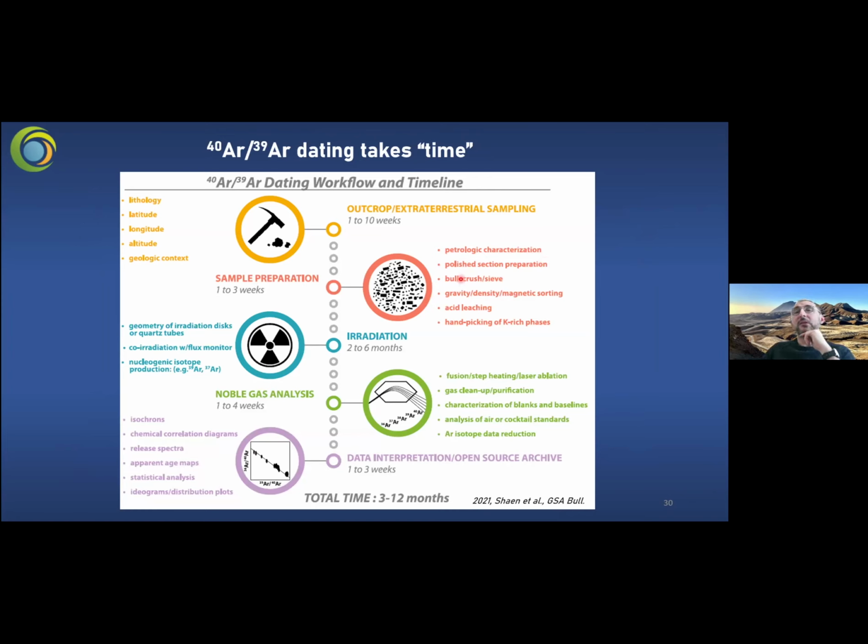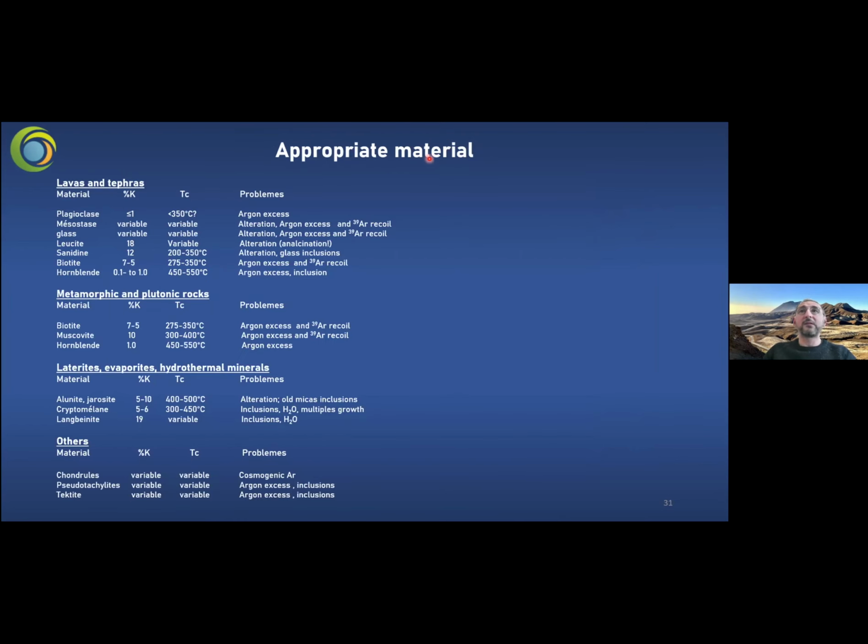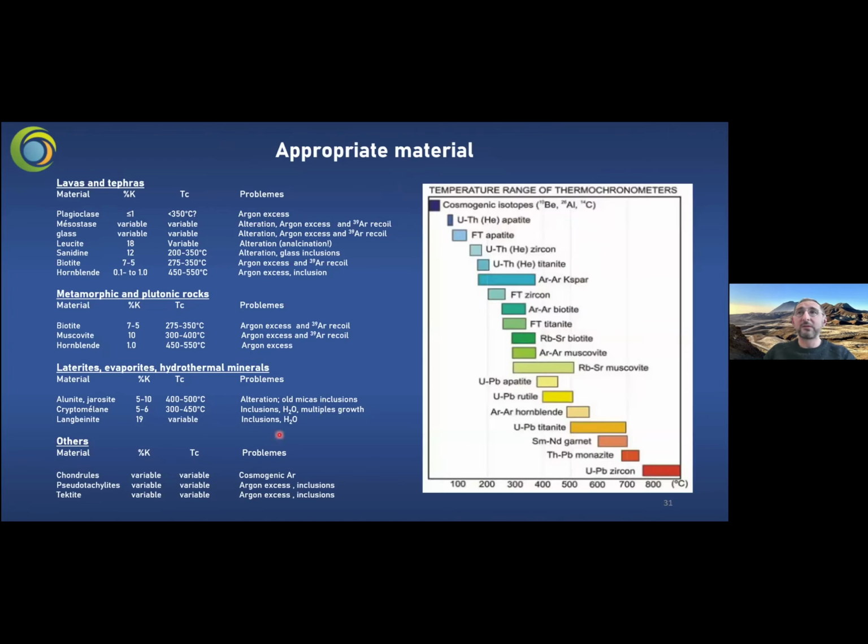So what I mean by everything I showed you is the fact that argon takes time between sampling, preparing, irradiations, measurements, interpretation. You cannot have an argon age in less than 3 months. I would say a year is the usual. You could apply these techniques to lots of materials that have different temperatures of closure that allow you to do thermochronology. I will not talk about thermochronology today, but there is a lot of material that is appropriate for argon geochronology.